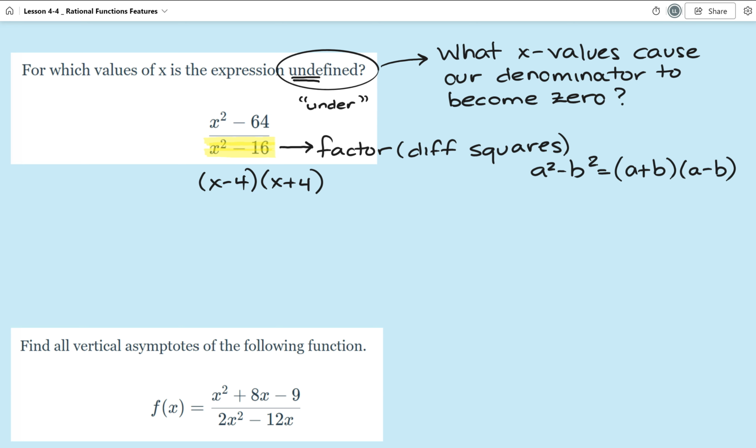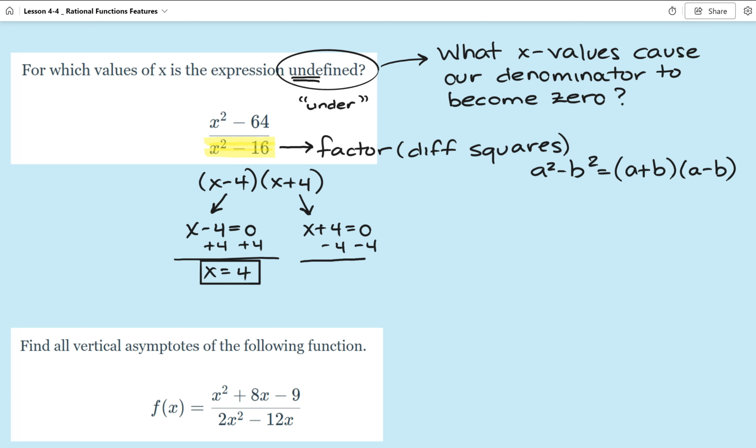So what x values cause our denominator to become 0? Well, what I'm going to do is set the first factor equal to 0 and solve. Add 4 on both sides, and we get x equals 4. So here's our first undefined value. Take the x plus 4 and do the same thing. I would subtract 4 on both sides to isolate my x, and x will end up being negative 4. So my 2 undefined values, in other words, the 2 values that would cause my denominator to become 0, are